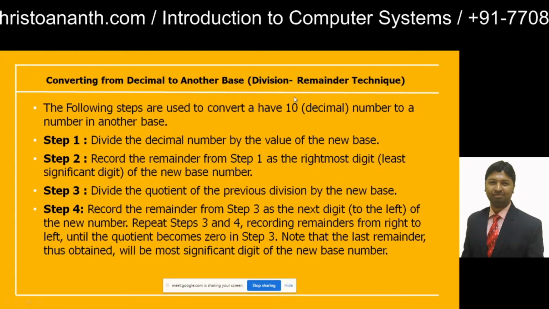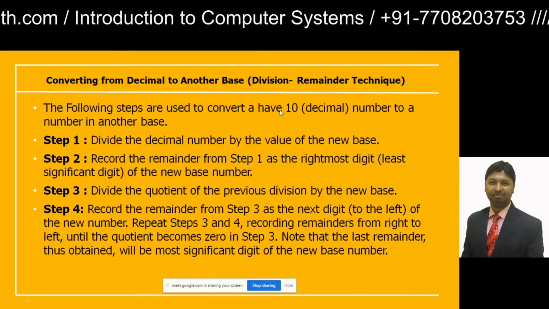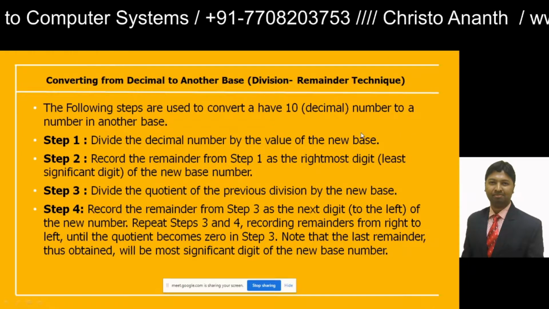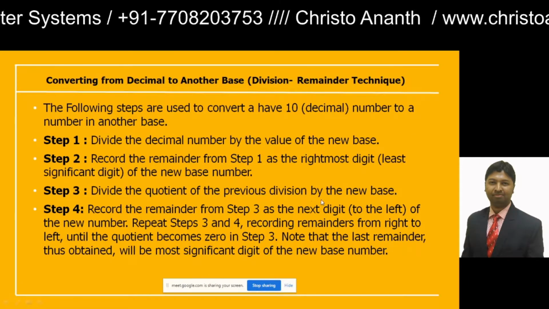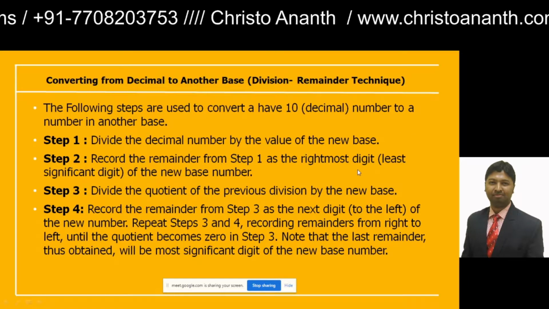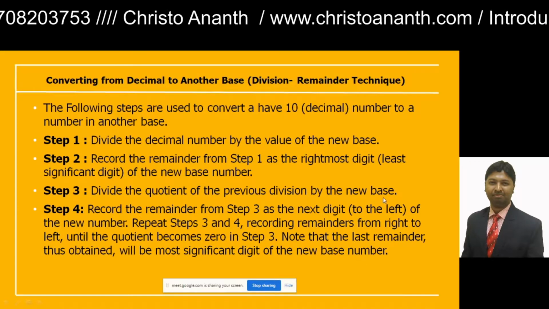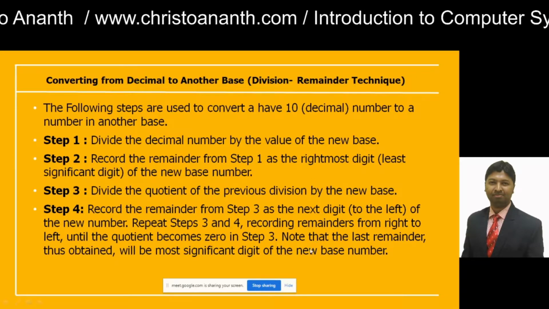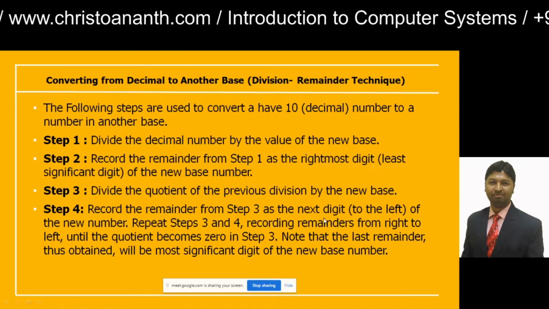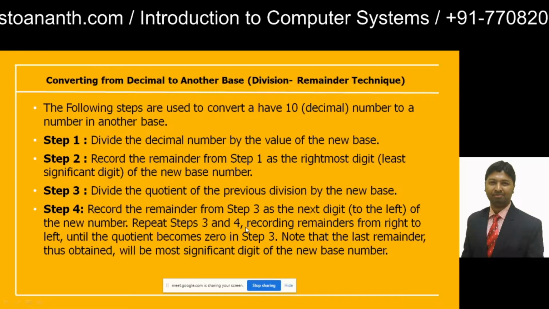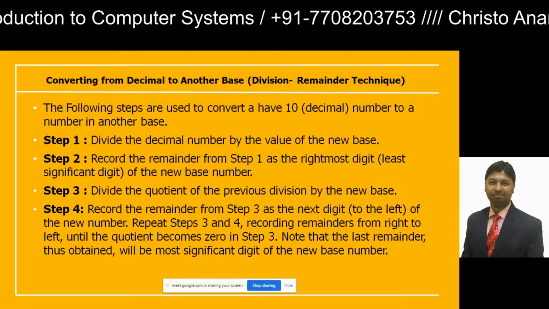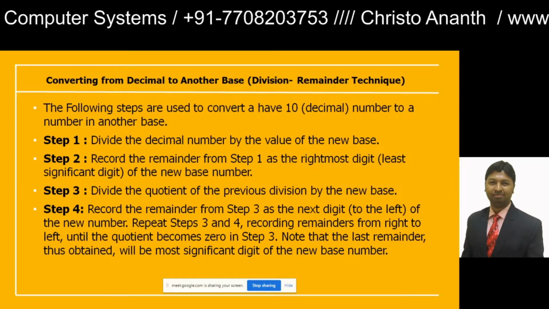For example, if you have to convert a number with base 10 to a number with base 7, you have to divide by 7 and get its corresponding remainder. You accumulate the remainders and read them in reverse order in order to get the value. Instead of this theory part, I will show you an example where you can understand things better.